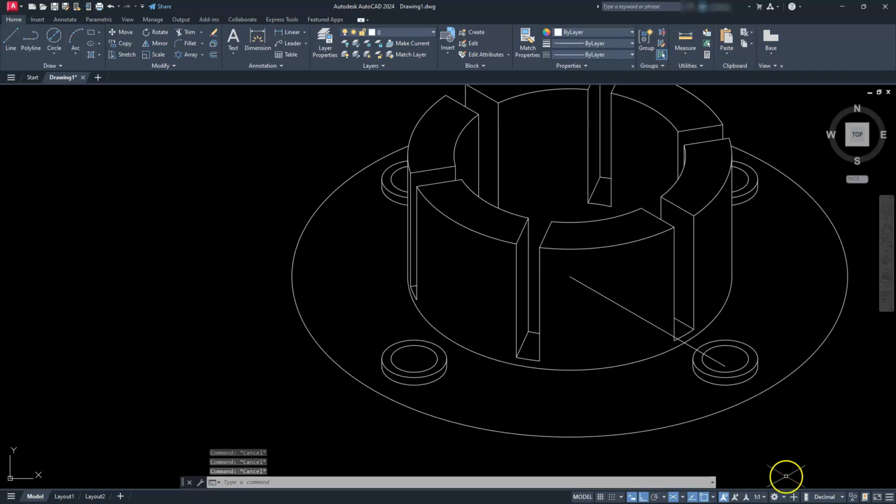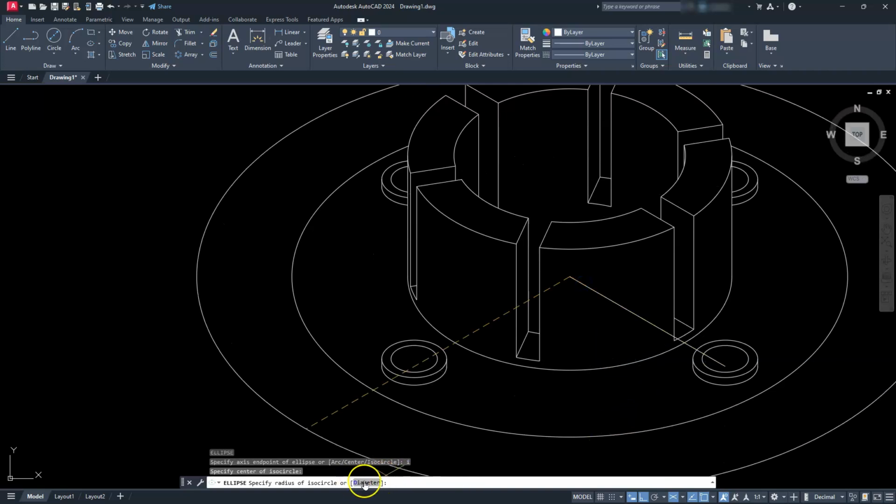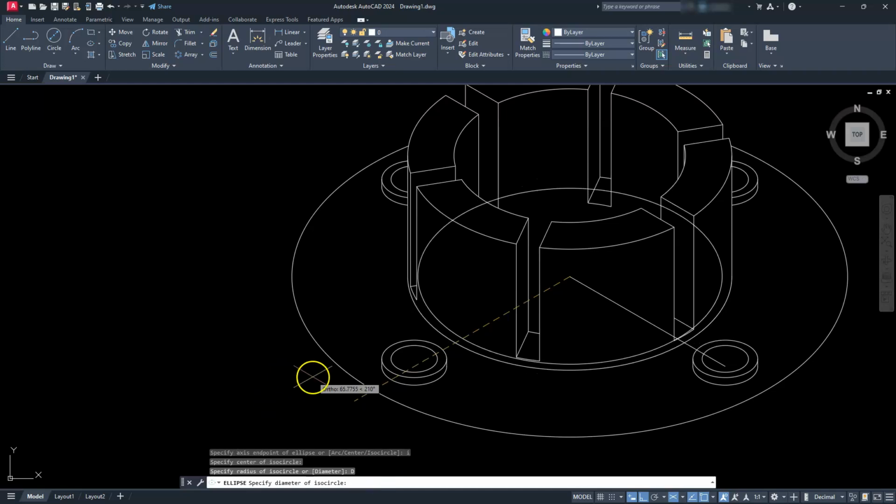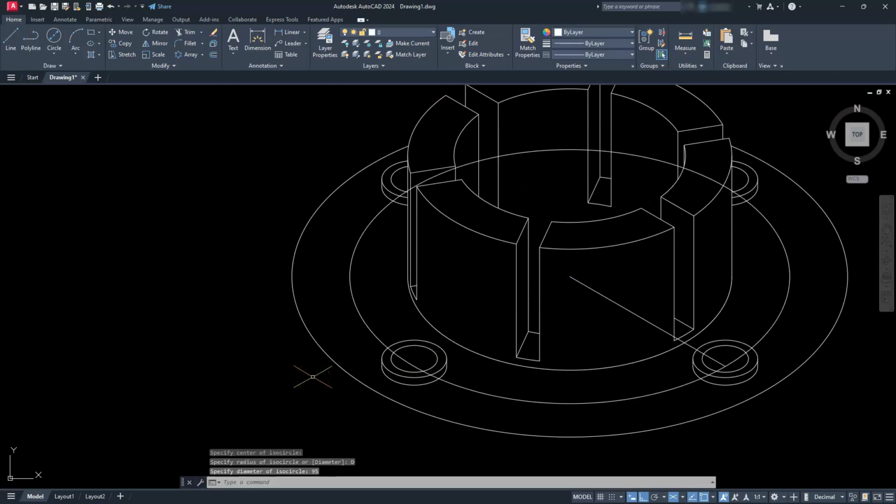Next, for the other ones, what I have to do now is switch out of ISO. So I'm just going to select that icon there. I'm going to draw a line. Sorry, one mistake before I do that. Let's go ahead and put that back on the ISO. Let's type in ellipse. I'm typing ISO circle with the I. I'm going to start at this endpoint, and then I will go to diameter and tell it that it is 95. And the reason I did that is I cannot trust that that is the same distance going across this